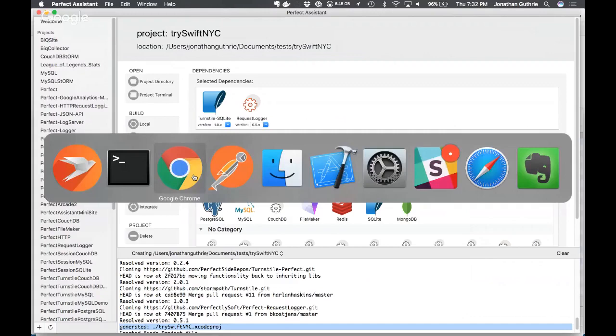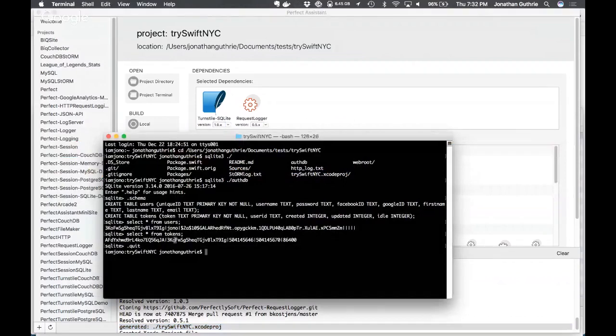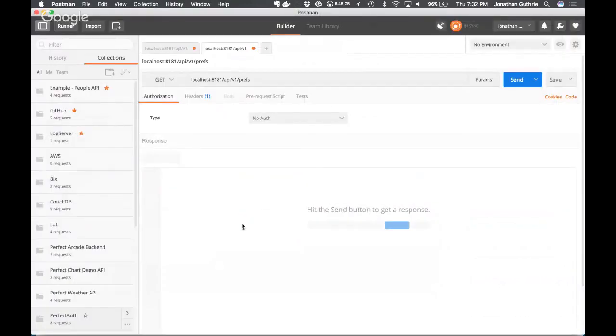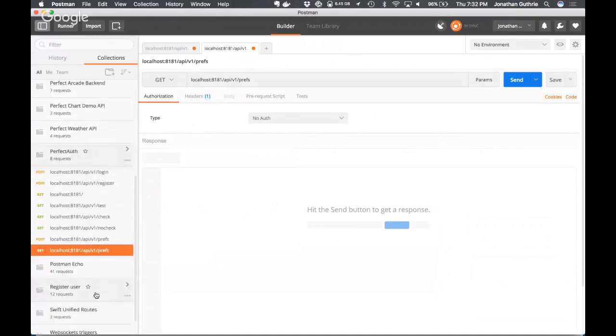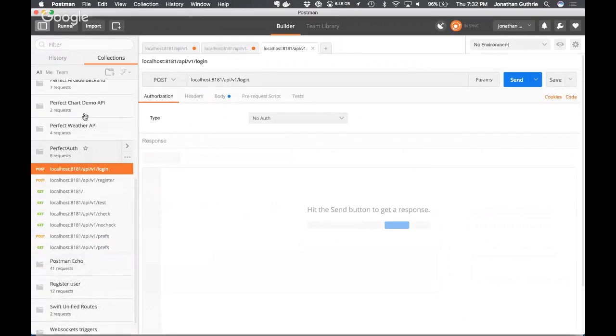So that's just to prove that we've actually got a user account here and we've got a token. That was our token. I'm just going to copy that and go back to Postman. In Postman, I have some routes that I created when I was testing these things.